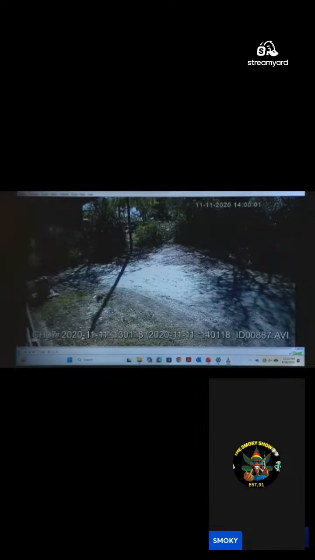And so this is that same camera angle that we saw from the previous night of November 10th. Is that correct? It appears to be camera 7.